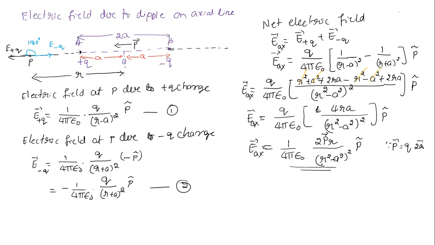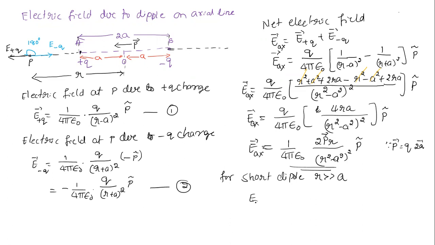This is the electric field due to a dipole. Here one more thing: for a small dipole or a short dipole. What is the meaning of short dipole? The distance R here is much greater than A, the distance between the dipole. In that case, what will happen? A will be neglected. So as A is neglected, it will become R to the power of 4, right? Yes or no? One R in the numerator is going to cancel. So what are you left with?